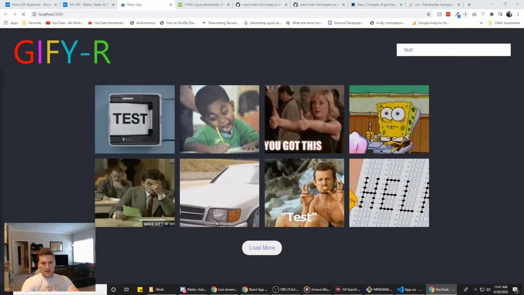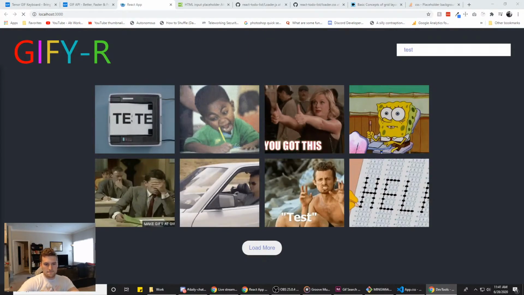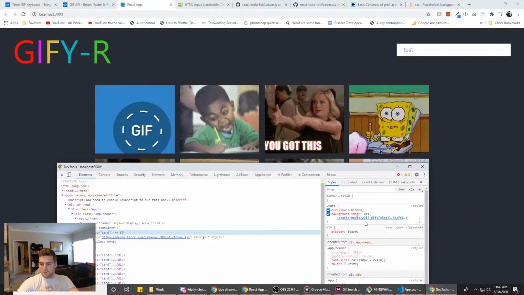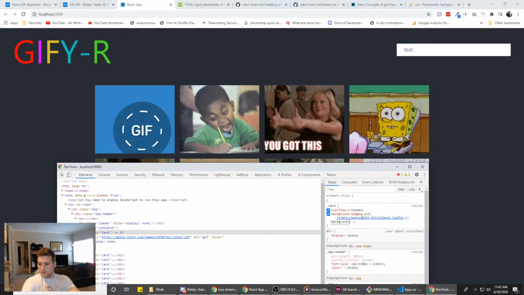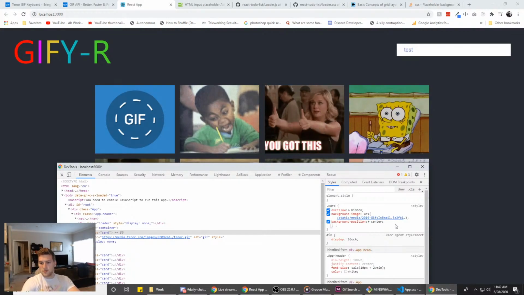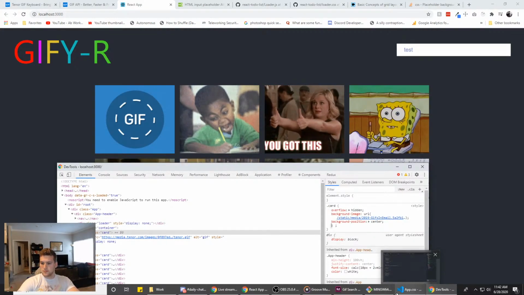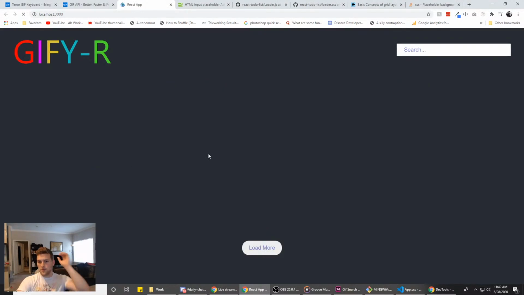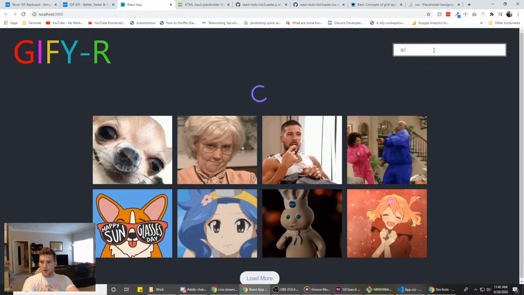So we'll do display none on the image. Yep. I think we should do background-position center. That'll work. Get it right. There we go. Boom. All right, so we refresh. Cool. So now if we do Archer,